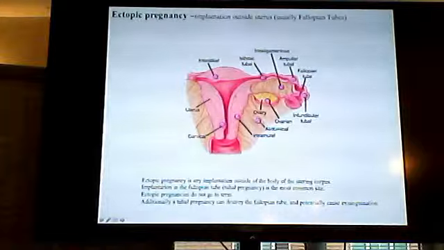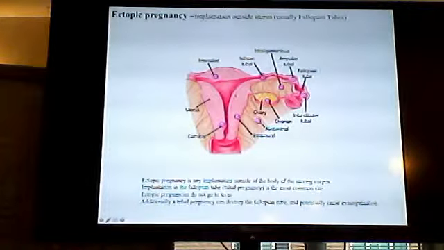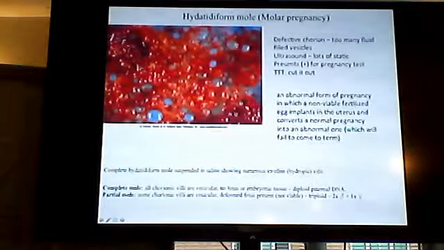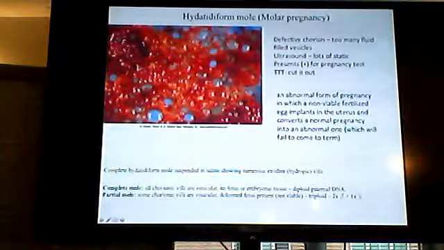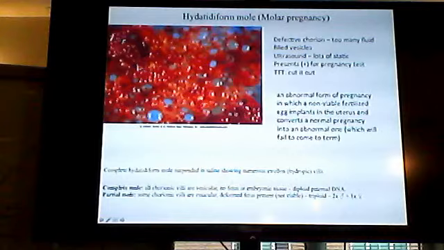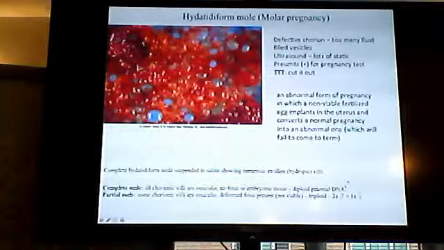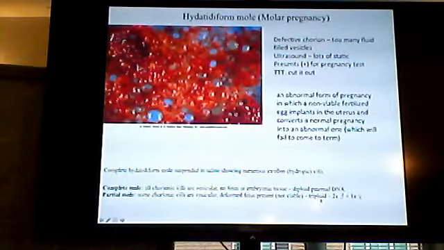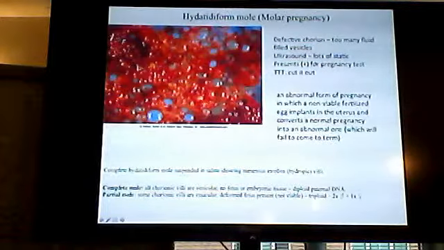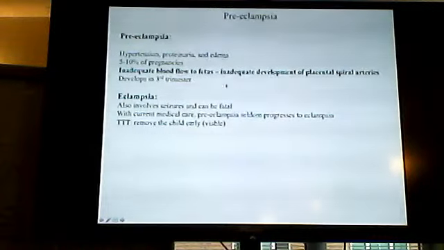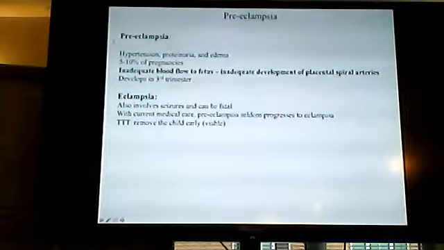Ectopic pregnancy, if it's outside of the uterus, typically it's most found in the fallopian tubes, and these do not come to term. Hydatidiform molar pregnancies, so they are non-viable forms of pregnancy, so they have a strange amount of DNA, so it's diploid paternal or it's triploid, so 2 times the father, 1 times mother, but they just get cut out. And then preeclampsia, inadequate blood flow to the fetus, hypertension, and eclampsia is at a different stage.